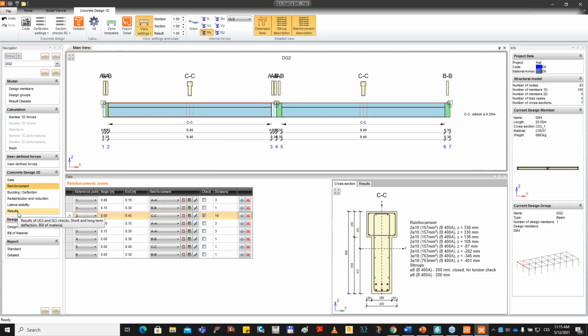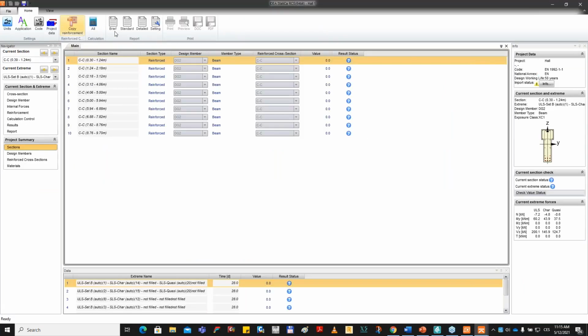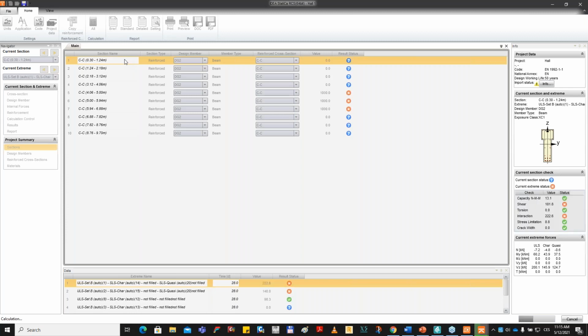If you would like to know some summary overview, just click on the results, but I would like to know what is happening on the cross section. So run detailed analysis. It means that all forces are transferred to IDEA StatiCa RCS. You can see the beam was internally splitted to the 10 zones after approximately 1 meter, and I can run the analysis. I will obtain immediately the results on every zone or every subzone, and we'll know what is happening on the cross section and what I have to do with the cross section. So it should take a few seconds,